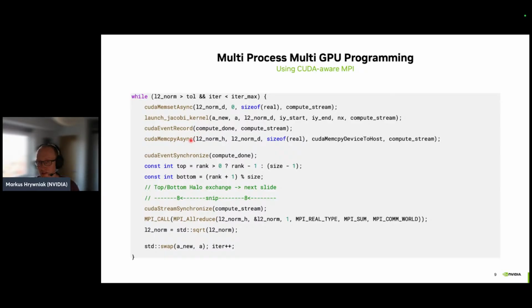After we enqueue this, remember, this is all asynchronous, so we're not waiting for anything yet. We enqueue another memcpy, and this is done to retrieve the L2 norm that's been accumulated locally to a host variable. So this is why you have a memcpy device to host, also on the compute stream. And after we've enqueued all these 4 operations, we finally need to do some synchronization eventually, because we need to